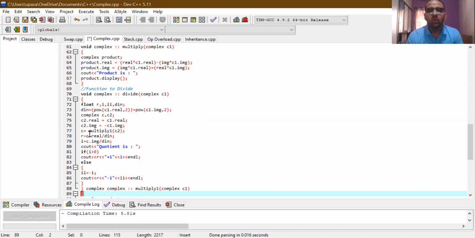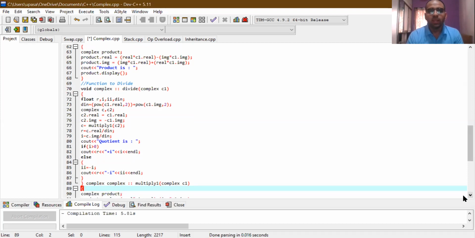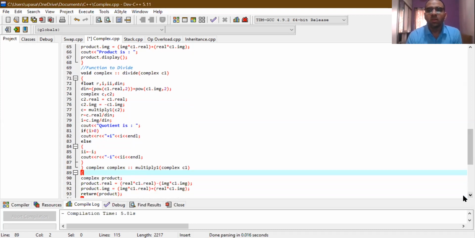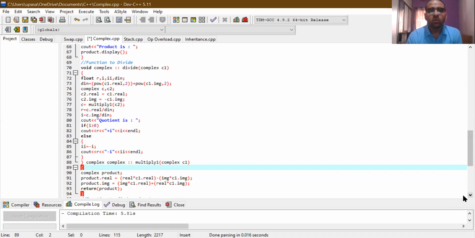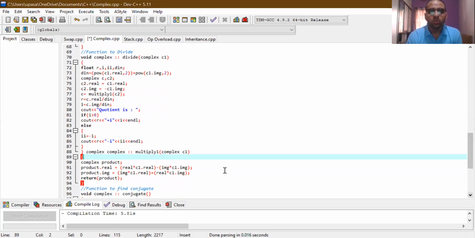So what we are doing is multiplying the numerator with the new c2 object, and for that multiplication we have taken multiply1, which I have earlier told you is used only for the divide function. So we will jump to the multiply1 function.